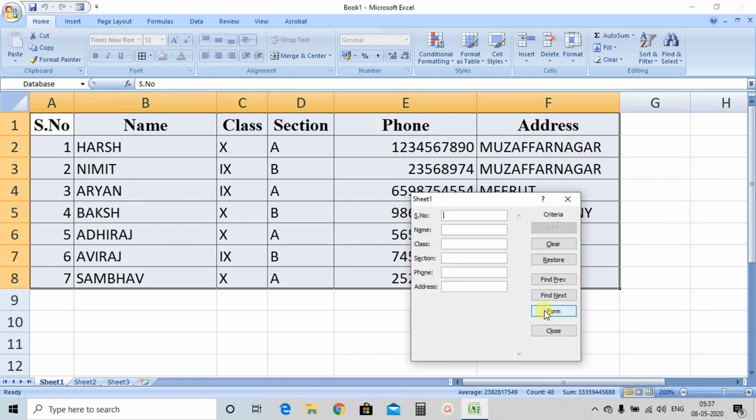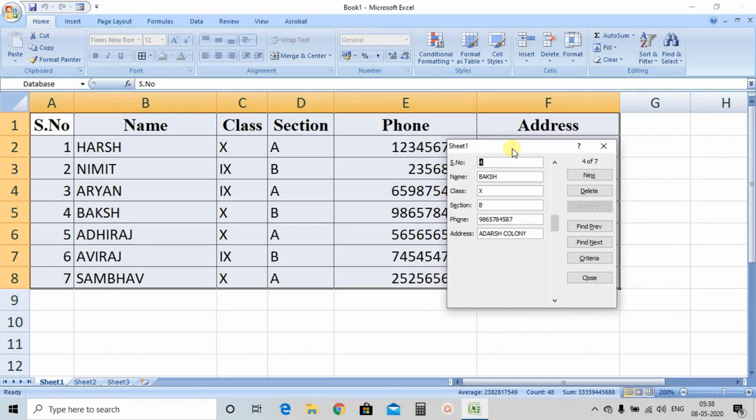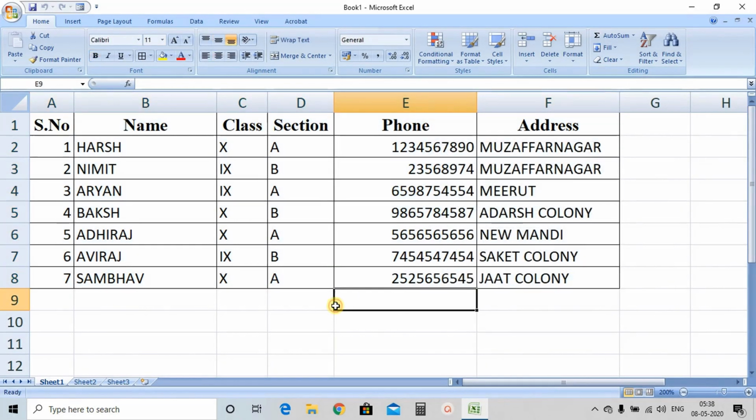Now suppose we want to search for serial number 4, so in serial number 4 column, I will enter 4 and press the enter key. So on serial number form we have Daksh, then class 10, section B. Now mobile number is also matching and address. Clear? Okay, so this is the thing we have to discuss today in this tutorial.